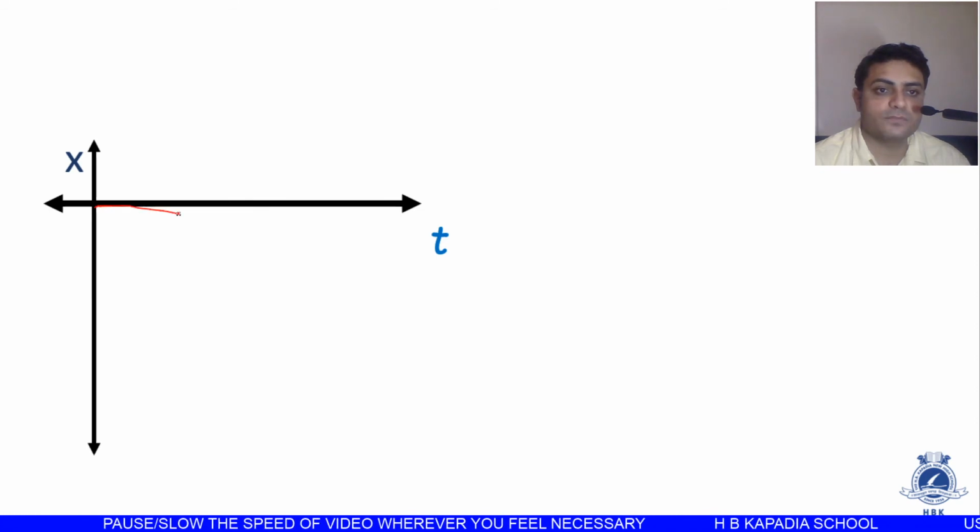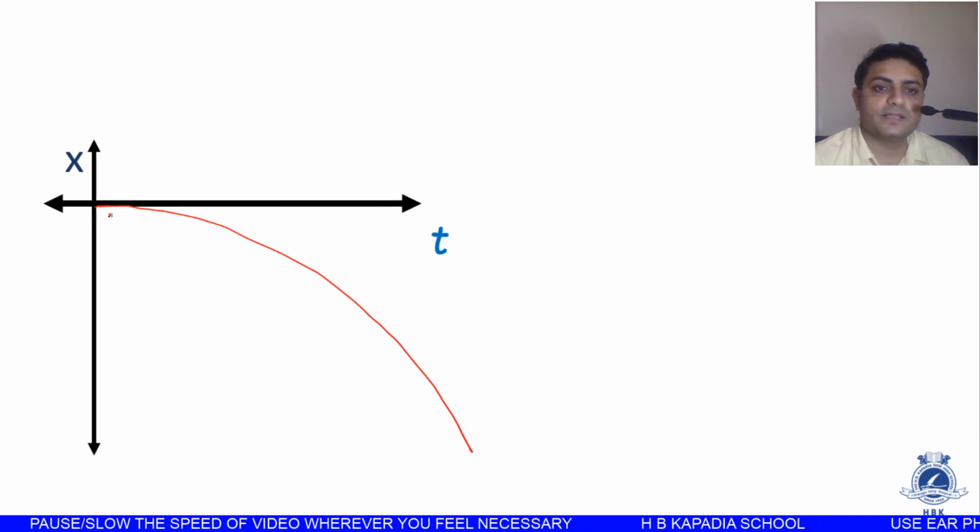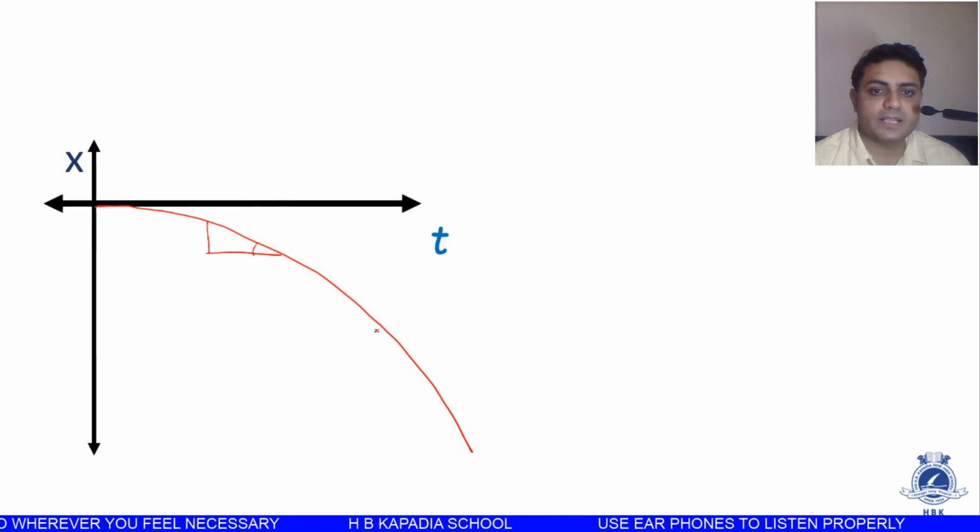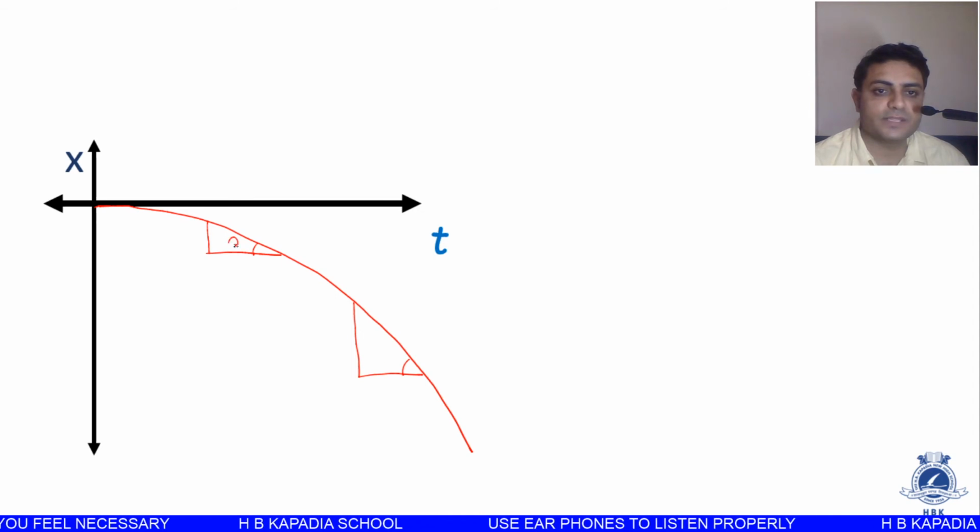In that case the graph will be like this. Okay, so when the train is accelerating, the graph of x versus t will be like this. This is the graph of acceleration. Okay, how can we say this is the acceleration? So for that we have to take two angles. Imagine a theta at this point and imagine a theta at this point. So for these two particular angles, if this angle is theta 1, this angle is theta 2,